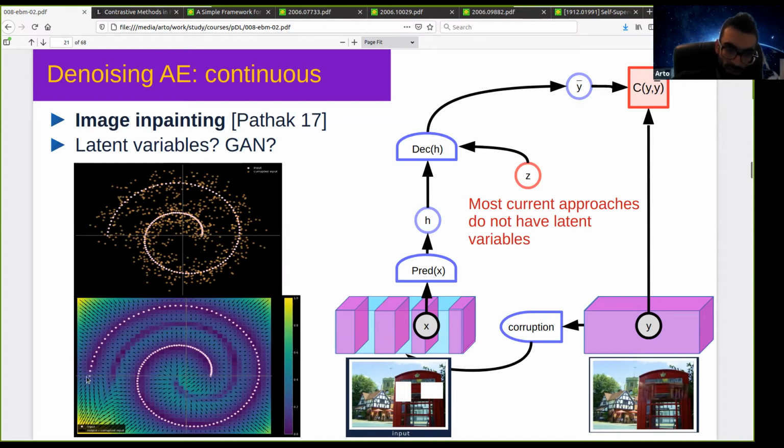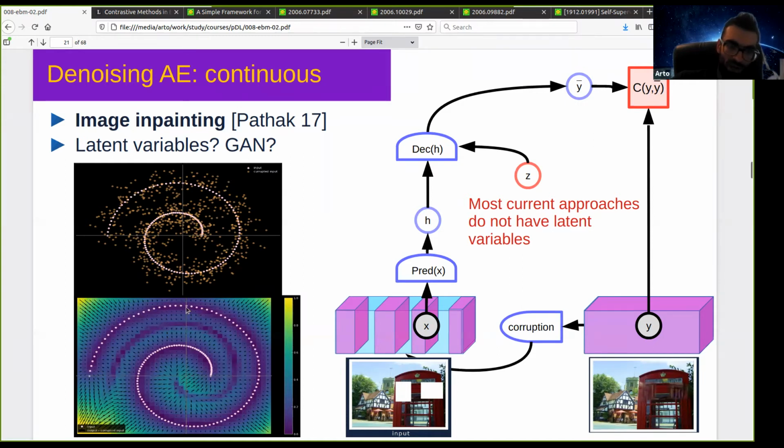And here is this energy function learned for this data, and you can see this area of low energy here, and it results from this